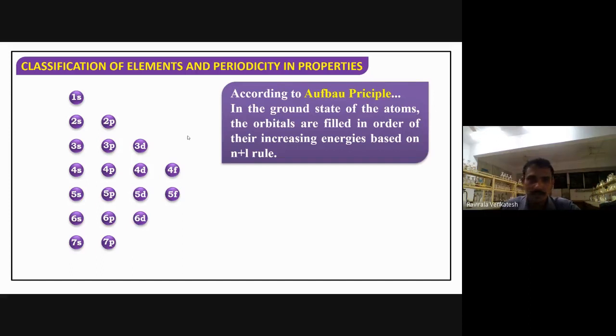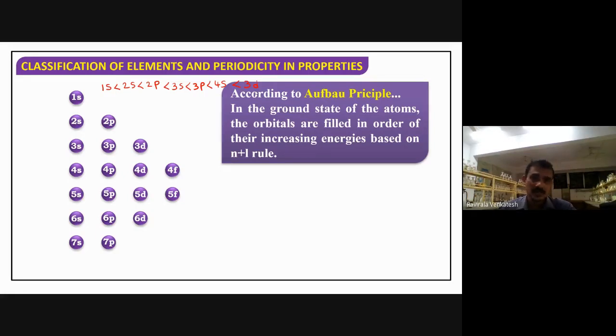You have to remember that 1s is less than 2s, 2s is lesser than 2p, 2p is lesser than 3s, then 3p, then 4s, finally 3d. Up to here is enough for us. Up to 30 elements only is enough for us. The remaining, leave it. But you're writing the electronic configuration of elements.